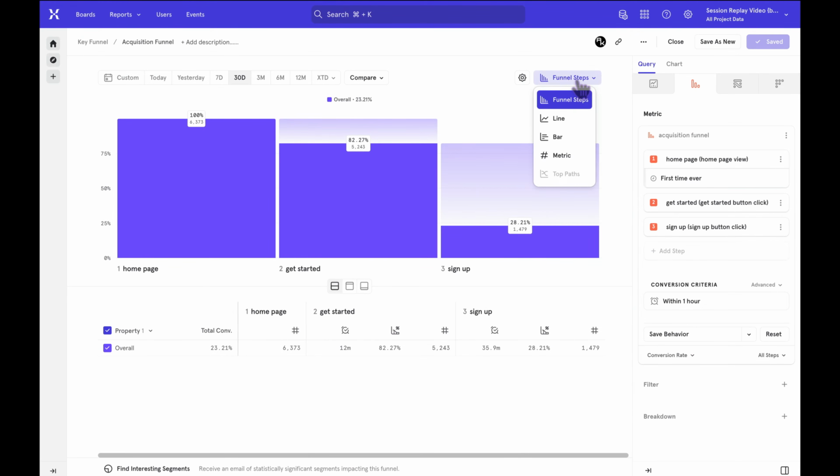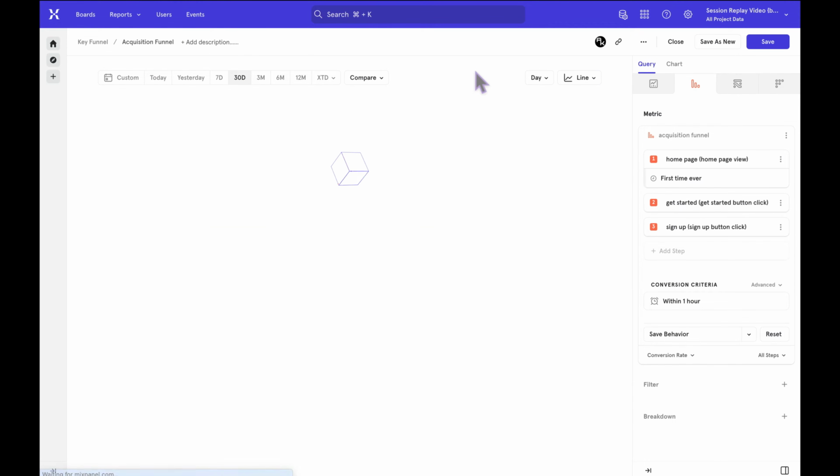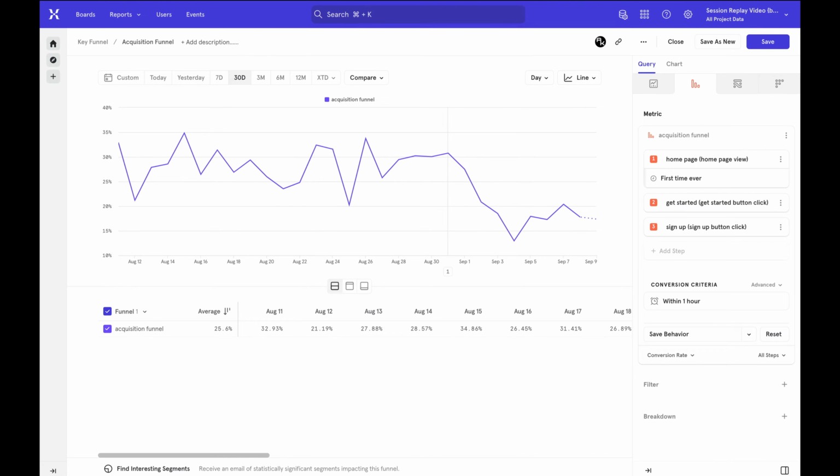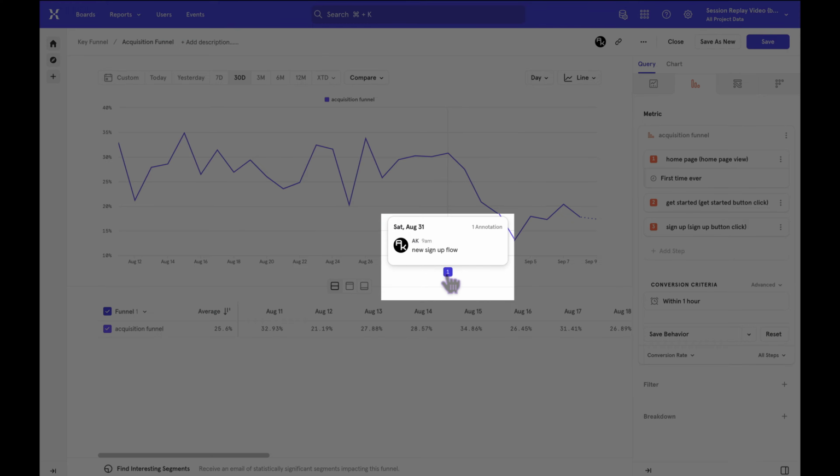If we dig in a little more and visualize the conversion rate metric of this funnel over time, we see an obvious concern. Conversion was around 30% just a few weeks ago, but recently we're seeing a significant dip in funnel conversion across a critical acquisition metric. It's cut almost completely in half, right here in the beginning of September. I can see from the annotations in our timeline that there were changes made to the sign-up flow just before